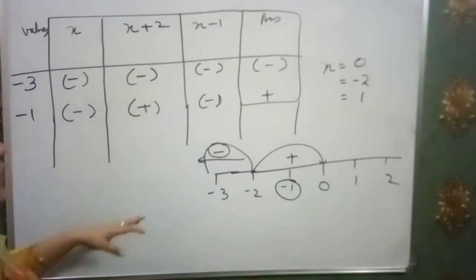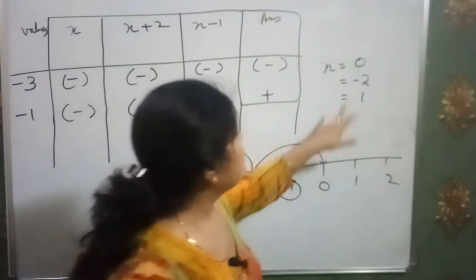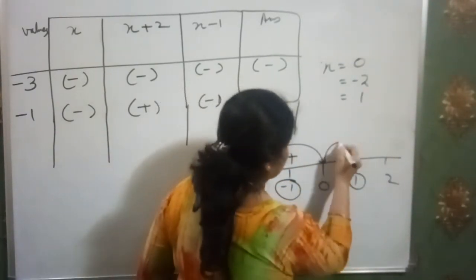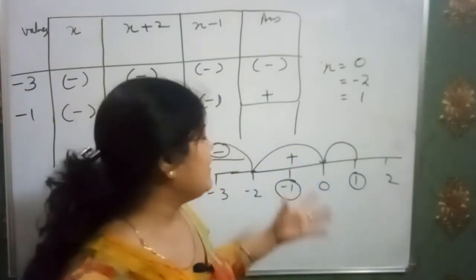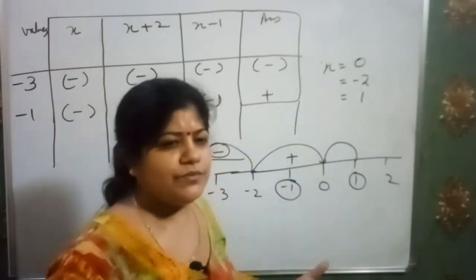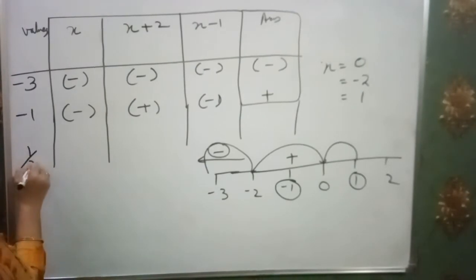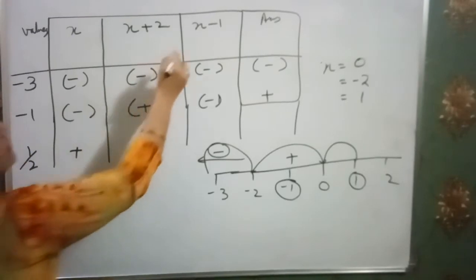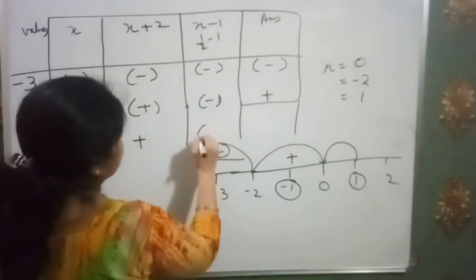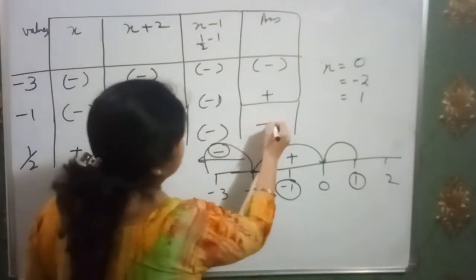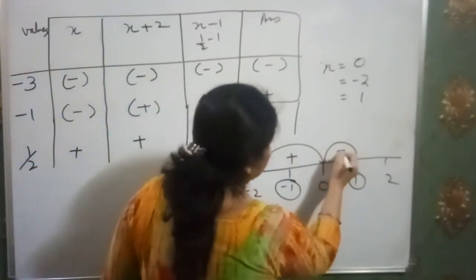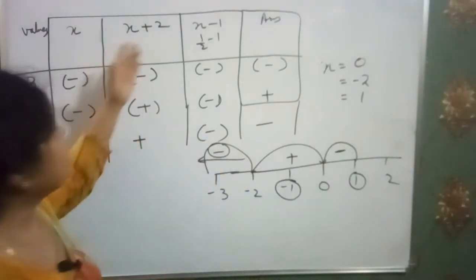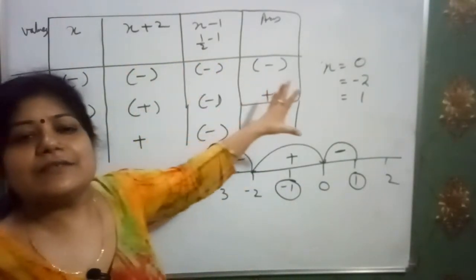Clear? Now don't take the value 0, we have the next point 1. So between 0 and 1 we have to check. So take a value 1 by 2, positive 1 by 2. Clear? So we have plus, when we solve it, it is also plus. When we solve it, we have 1 by 2 minus 1, so we get negative value. Ultimately, we got minus. So here we have minus. So we take different values in between the intervals and find in this type and just take the signs.